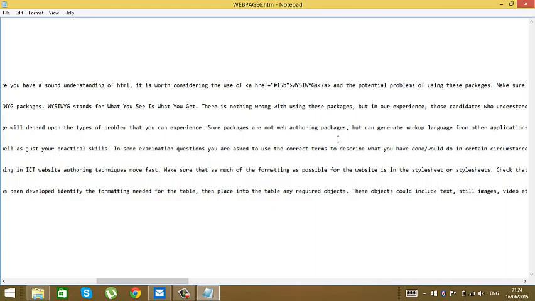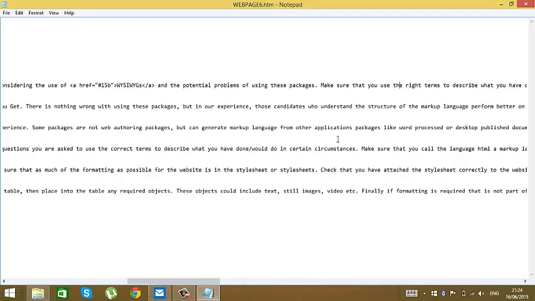We'll close. Then you must go to "the potential problems of using these packages. Make sure that you", then we must put here a href equals hashtag 15C, close.